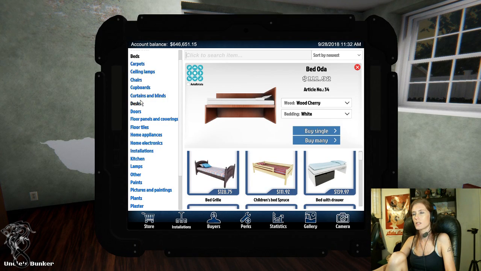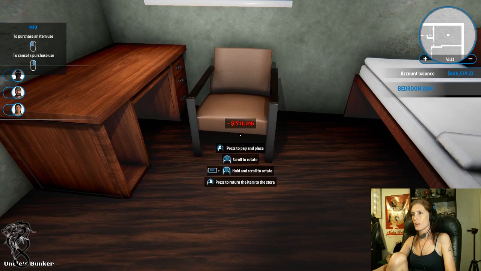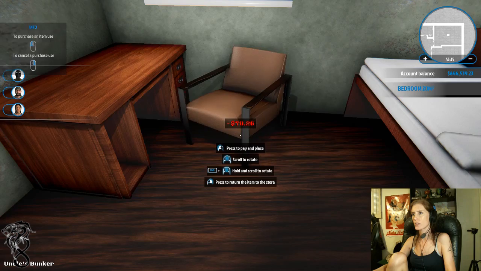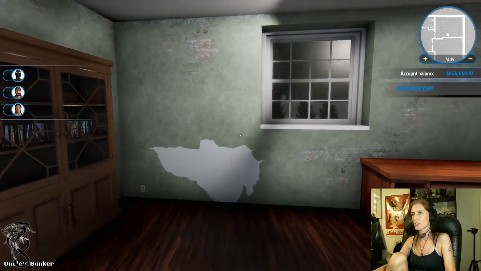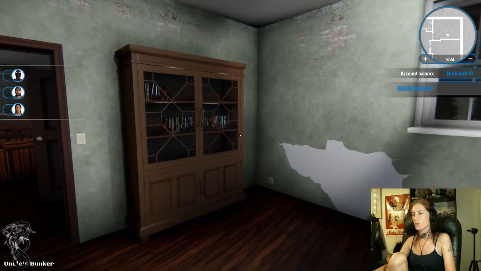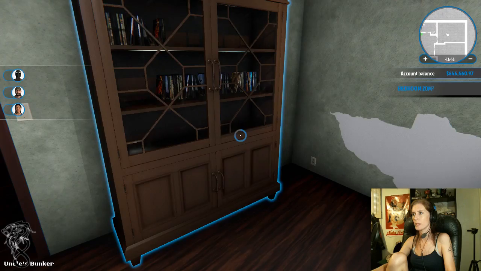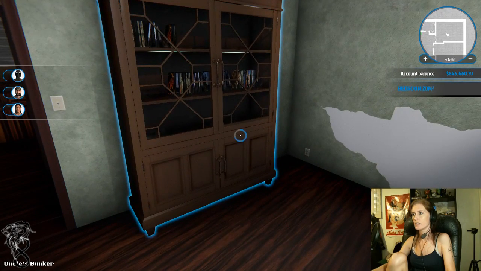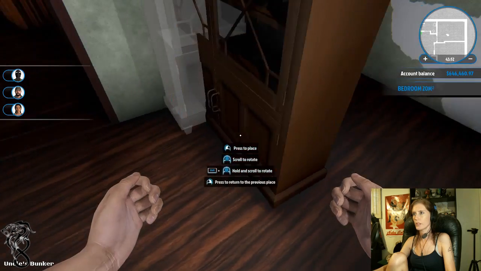Let's go with desks. Yeah. Kind of do this. This would also work as a chair for this living space as well instead of just that. What if, okay, this is going to sound like a crazy idea, but bear with me here. If we were to do this...